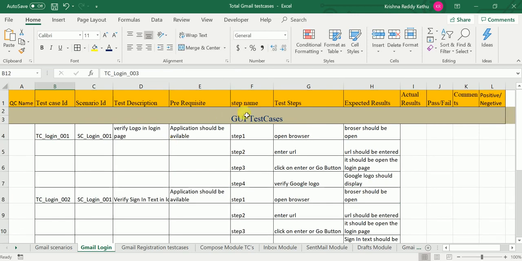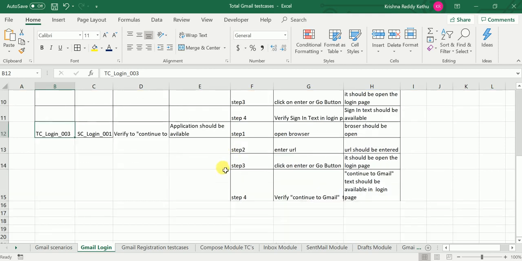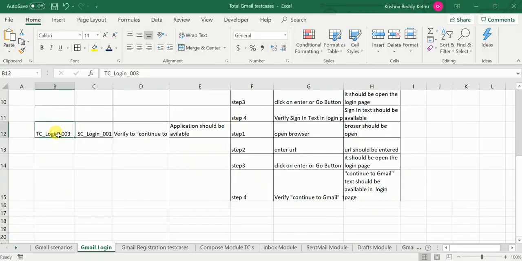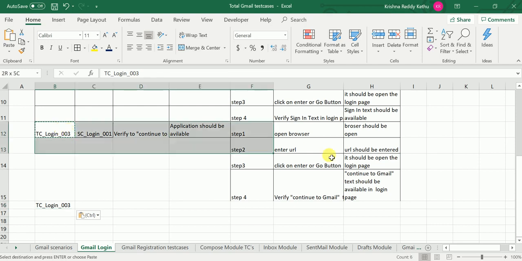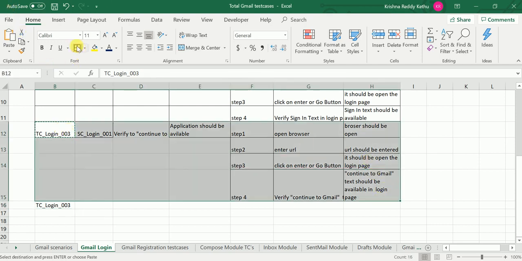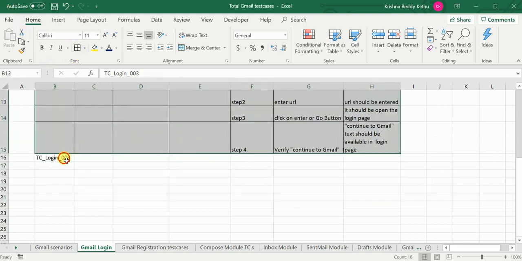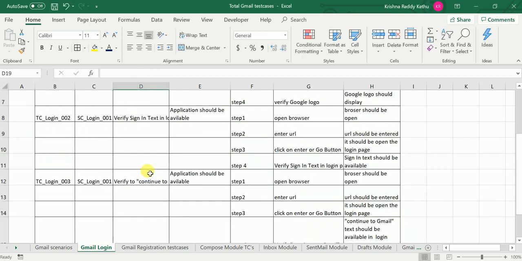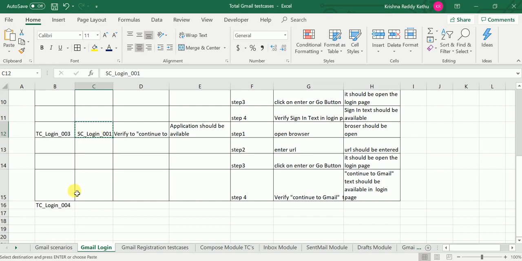Now we are writing the Gmail test cases. Each and every step you need to write. Next one, this email or phone text field needs to be available. What is my test case? So this is my fourth test case. I am going to write the scenario. For this scenario I am writing login page, all the test cases coming under this scenario. I need to verify